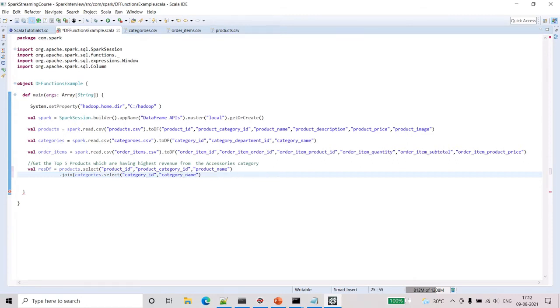We need only category ID and category name for filtering, because we need to add a filter condition for the accessories. So now we just added a join for one table, I mean the products table and the categories table.